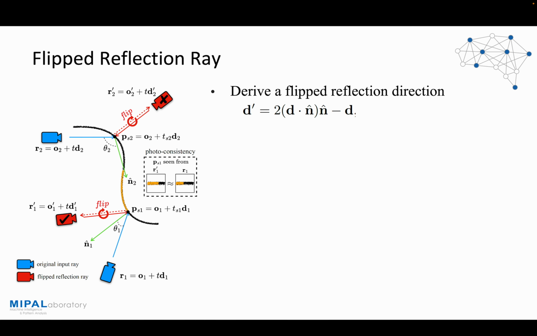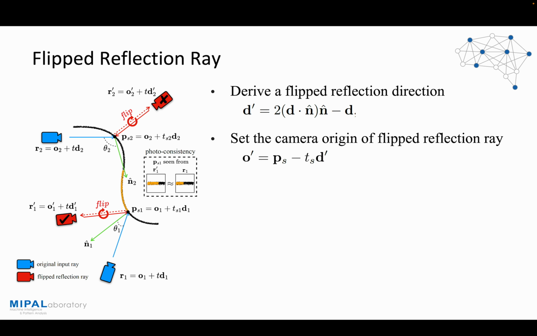To tackle this problem, we exploit a batch of flipped reflection rays as extra training resources, which are derived from the original input ray directions D and estimated surface normals N hat. First, we derive a flipped reflection direction D' from D and N hat. To generate the additional training rays based on D', we need a set of imaginary ray origins located in a suitable space considering the hitting point and the original input ray origins. Therefore, we place O' so that the S-th sample of R', whose blending weight is the highest along the ray, is